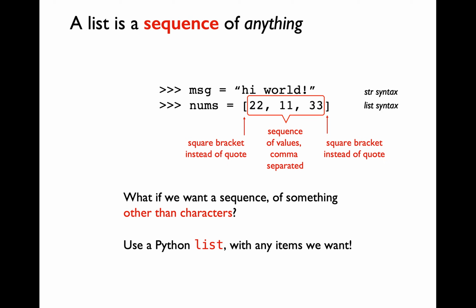Let's look at the syntax for creating or defining a list. You'll have to type out an open square bracket and a close square bracket. Within the square brackets, you'll be using comma separated values. So lists can be used to store different things like integers, floating point values, strings, booleans, or any combinations of those. In this particular example, we are defining a list into a variable called nums, and we are storing three integer values of 22, 11, and 33 here.